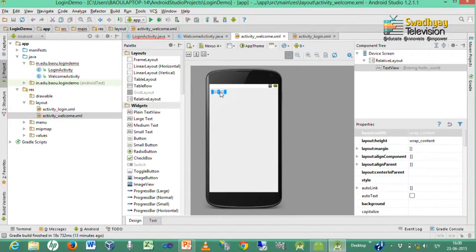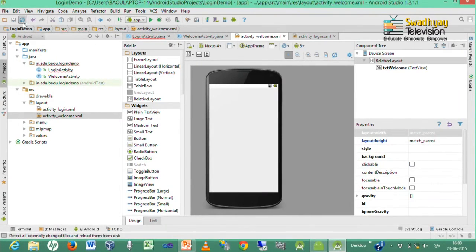Here we have one text view which we use for displaying the welcome message. The text for this is blank and the ID is txt welcome.